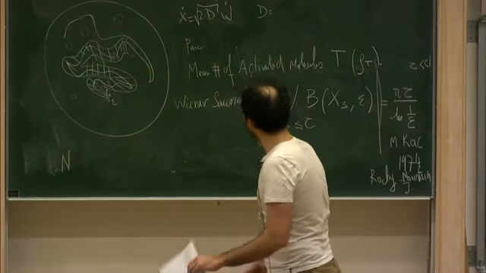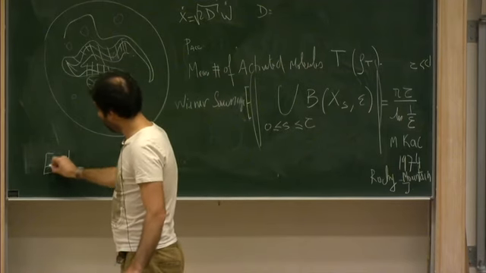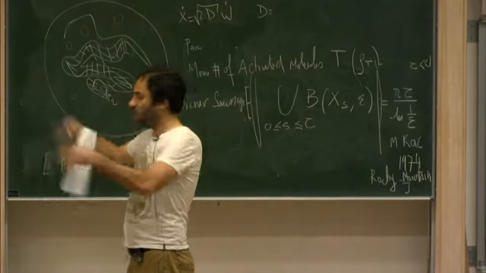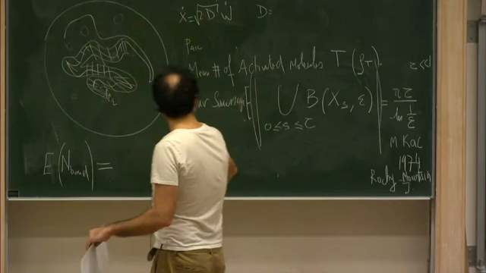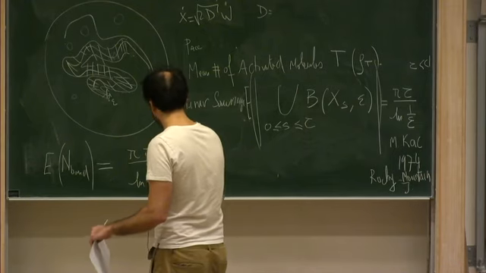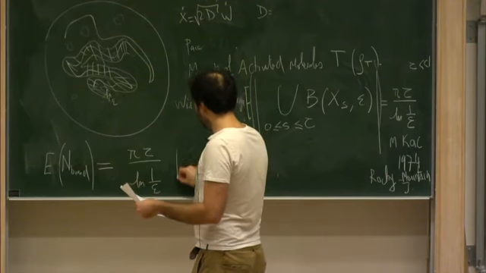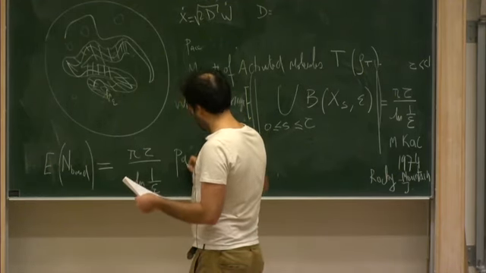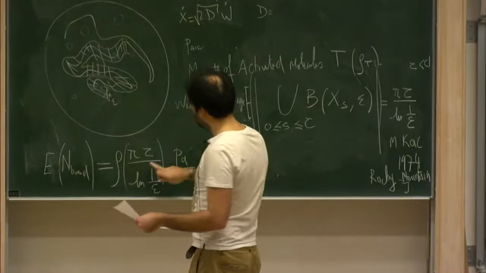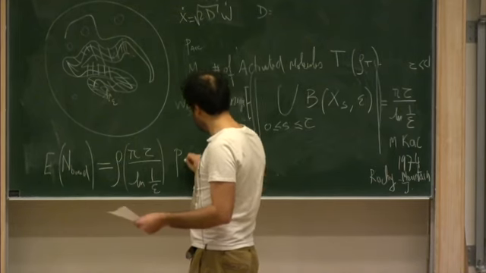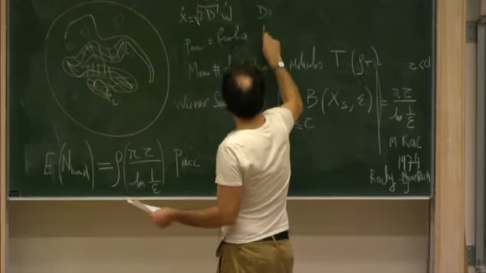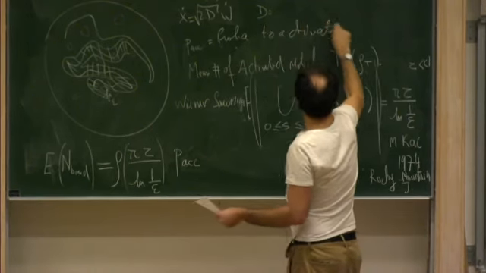So what is finally the mean number, the expectation of the number of bound molecules? So this is a random number. Each time you do this, you have a certain number, and you average over realizations. So this is pi tau log of 1 over epsilon multiplied by the probability of activation multiplied by the density, because the surface multiplied by density is a number, and this is the effective PAC. This is the probability to activate a molecule